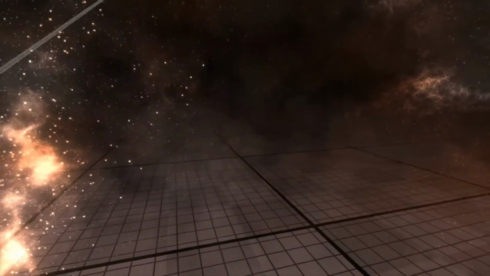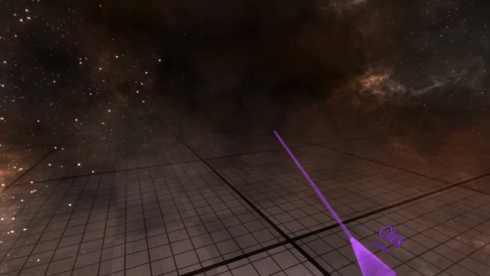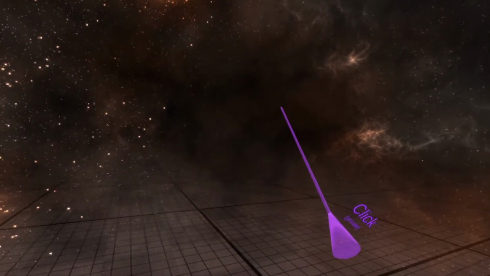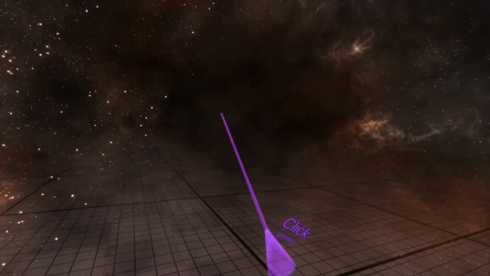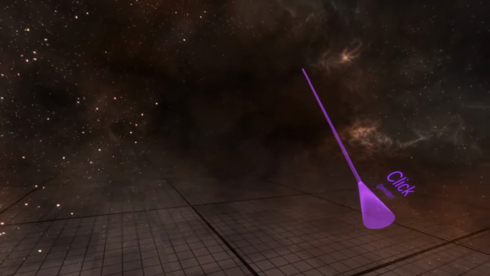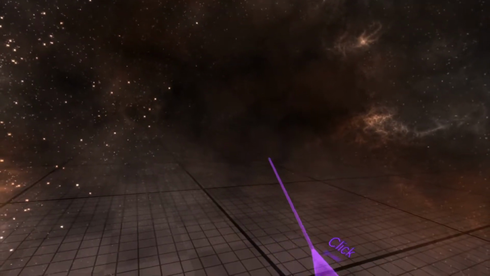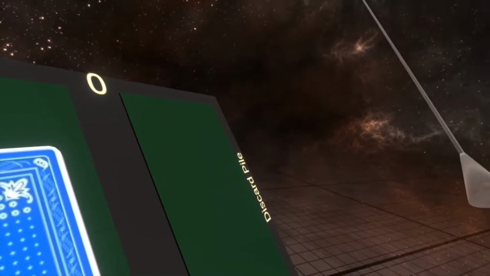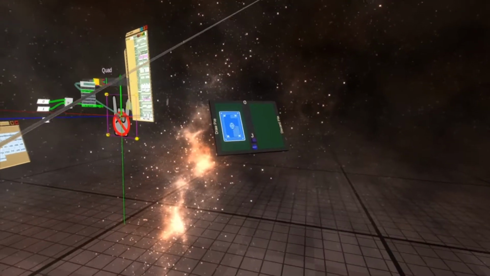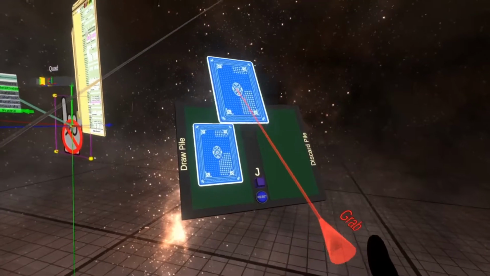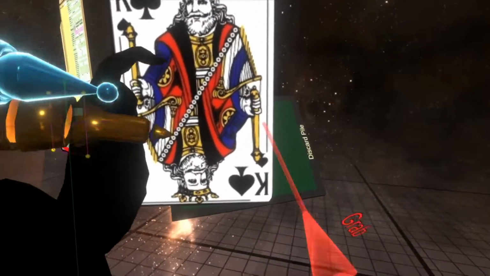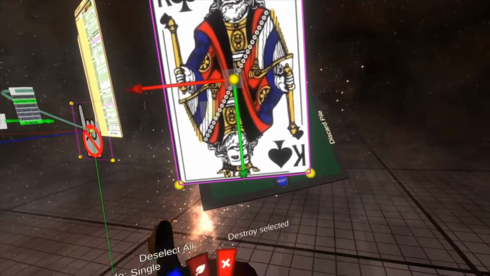You can see it in my deck of cards too. I will briefly go over that one. So that is in public gadgets. You can also find it in Neos Essentials board games. And so you'll see here that I can pull off a card and turn it around, and this is the King of Spades. If I inspect the King of Spades,